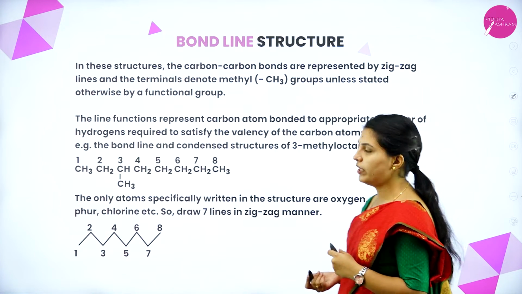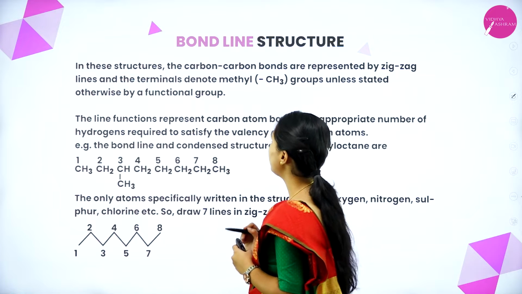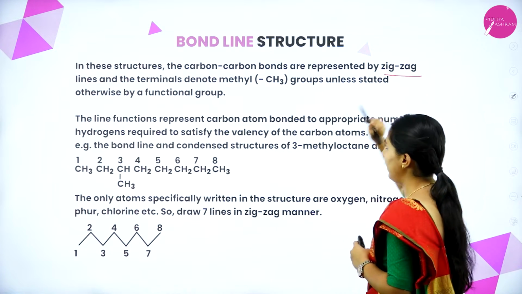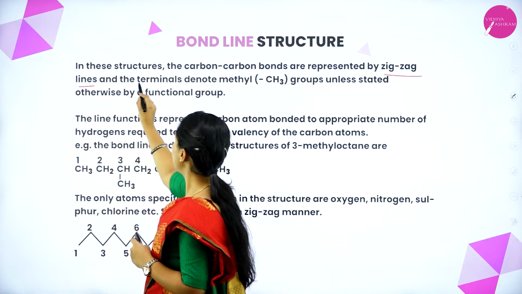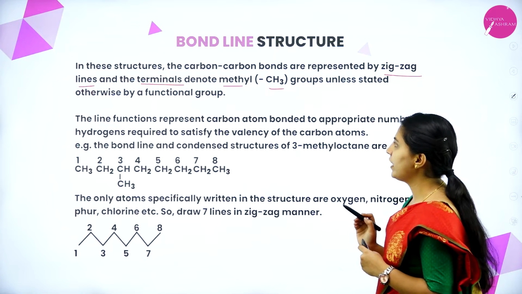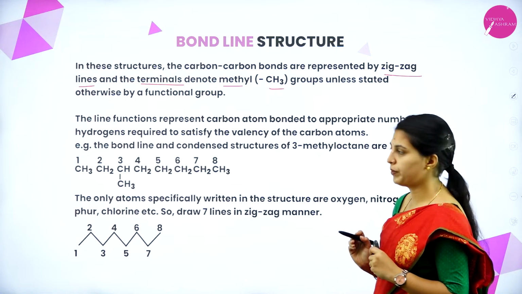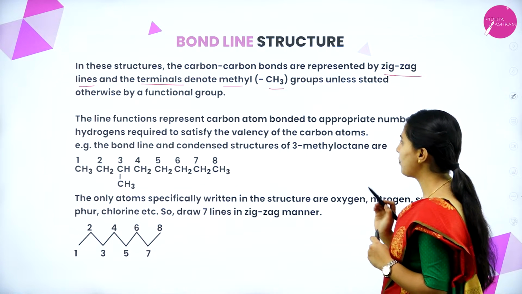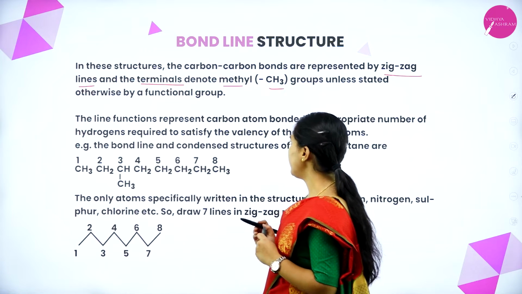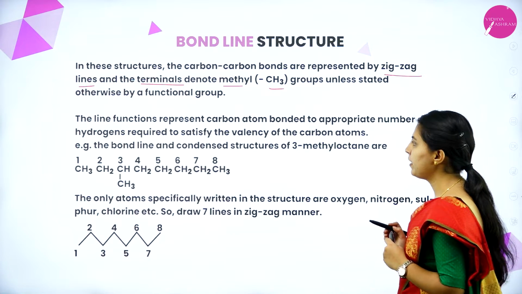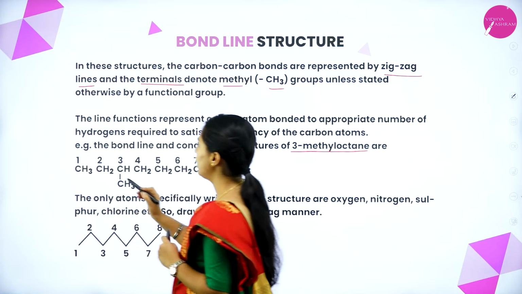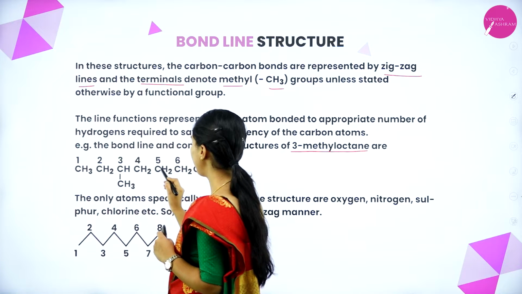Next is bond line structure. In this structure, the carbon-carbon bonds are represented by zigzag lines and the terminal denotes methyl, that is CH3 groups, unless stated otherwise as a functional group. The line junctions represent carbon atoms bonded to the appropriate number of hydrogens required to satisfy the valency of the carbon atoms. Example, the bond line and condensed structure of 3-methyl octane are, see here, 1, 2, 3, 4, 5, 6, 7,